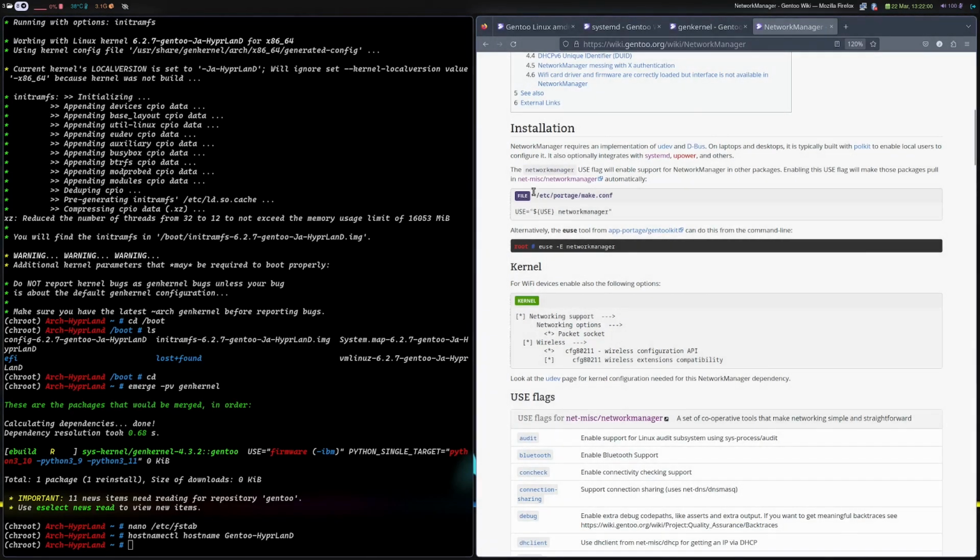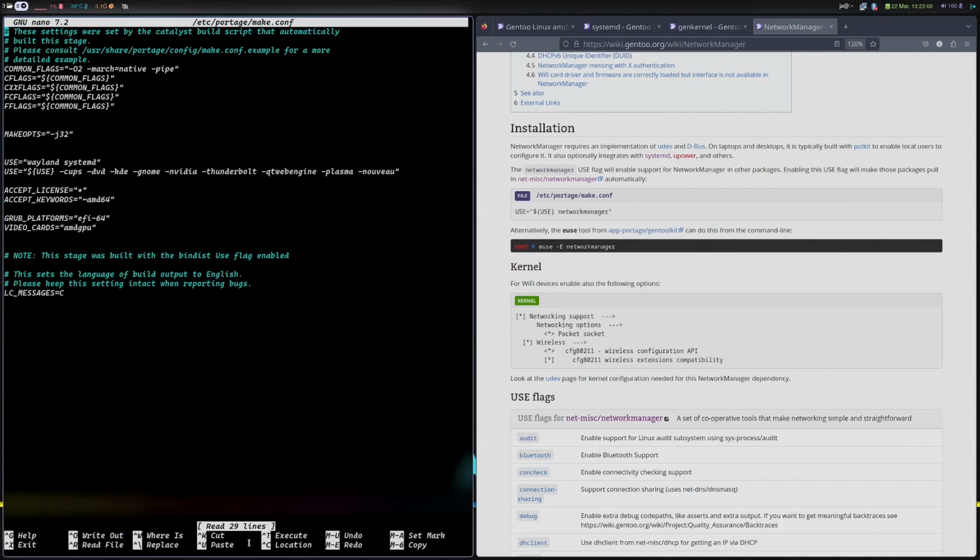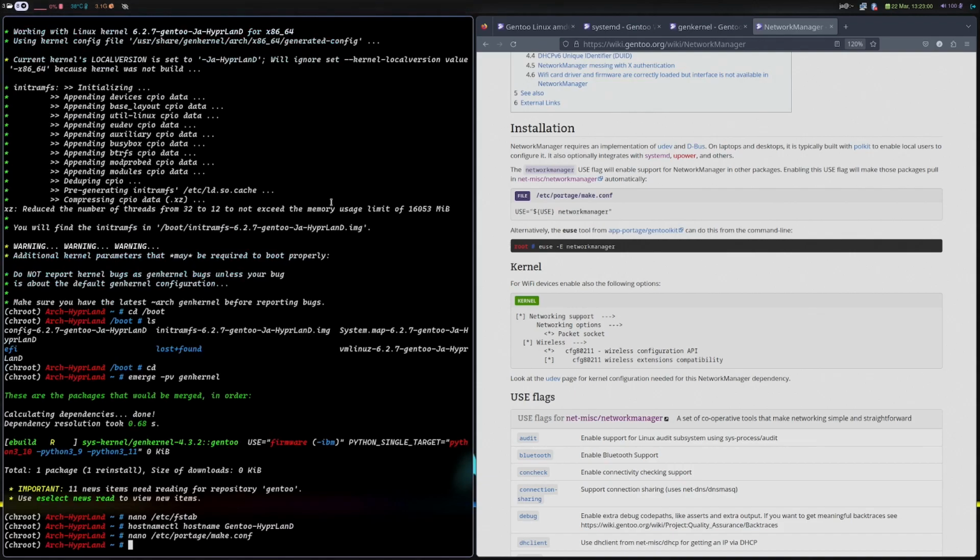So let me just edit that one again, the Portage make.conf. If you add NetworkManager into your USE flag, then the other packages will be aware of it. NetworkManager. All right, so we need to